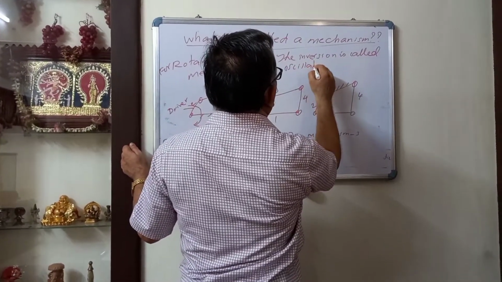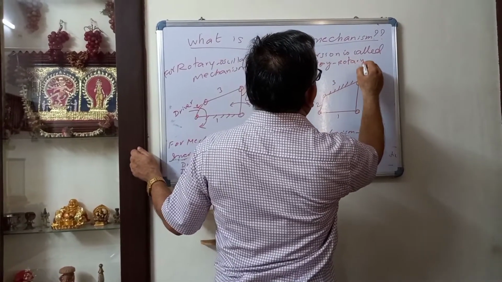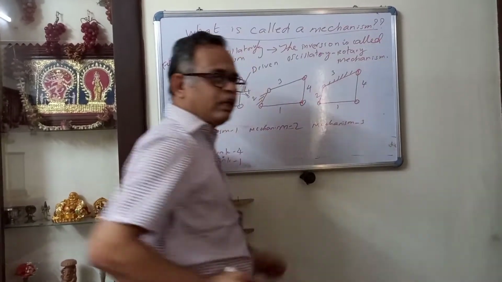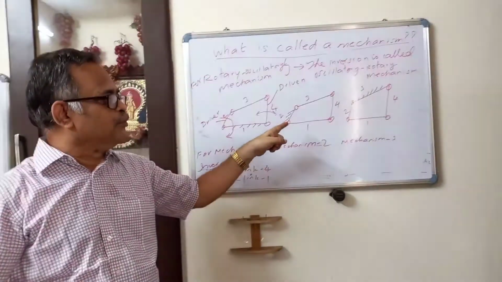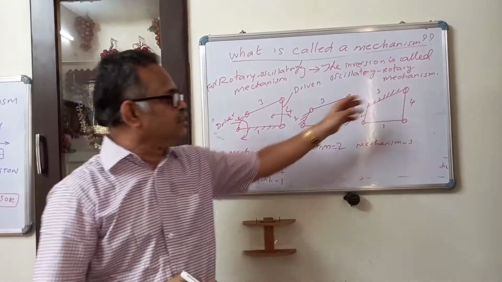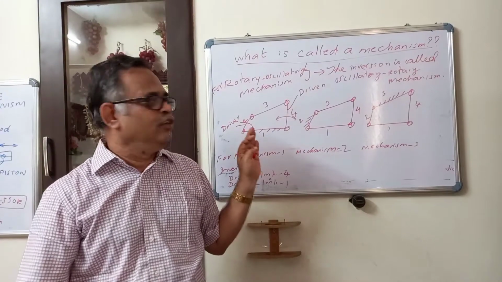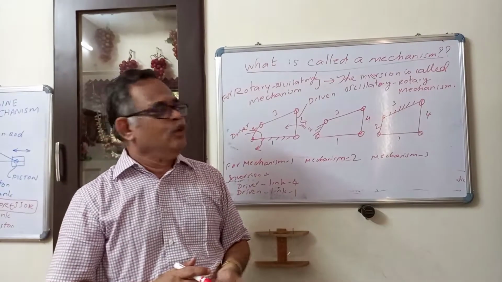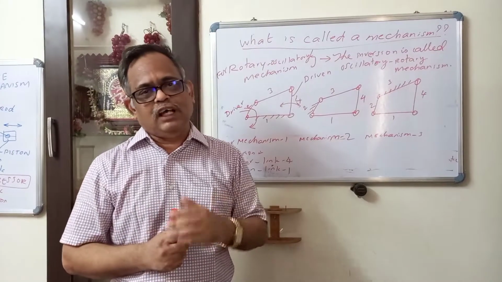oscillatory rotary mechanism. So like this, by fixing this, you will get an oscillatory mechanism. If you invert it, once again it will be an oscillatory mechanism. So 4 different mechanisms are possible in the case of a 4-bar kinematic chain, and for the 4 different mechanisms, 4 different inversions are possible. For any mechanism you can think of, there is always an inversion for that.